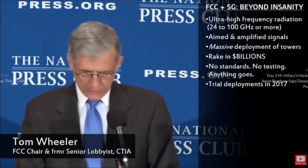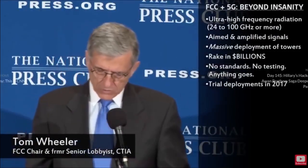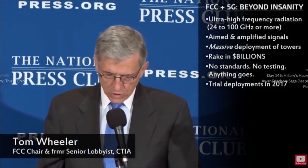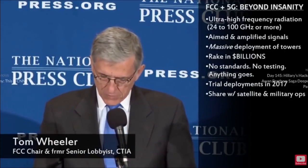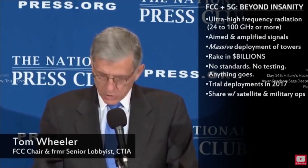As part of our July 14 action, we also plan to ask for comments on opening up other high-frequency bands. Many of the high-frequency bands that we will make available for 5G currently have some satellite users, as well as some Defense Department applications, or at least the possibility of future satellite and defense users. This means sharing will be required between satellite and terrestrial wireless, an issue that is especially relevant in the 28 gigahertz band. But if anyone tells you that they know the details of what 5G is going to become, run